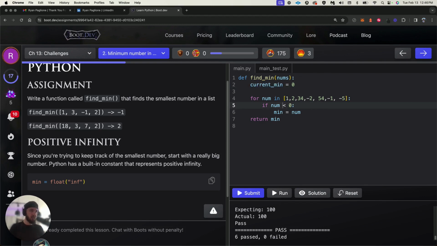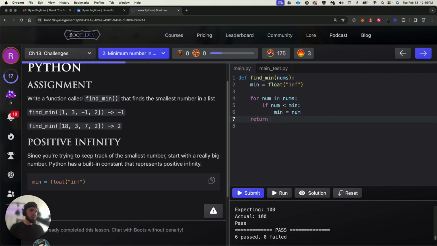So basically what it's saying is 1 less than 0. If that's true, reassign the current min to 0. So now the current min would be 0, but 1 is not less than 0, so it's not going to do that. Yeah. So basically we're